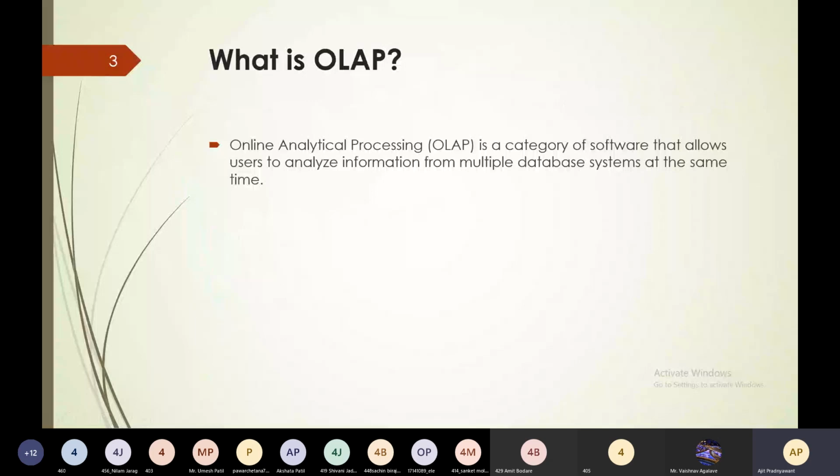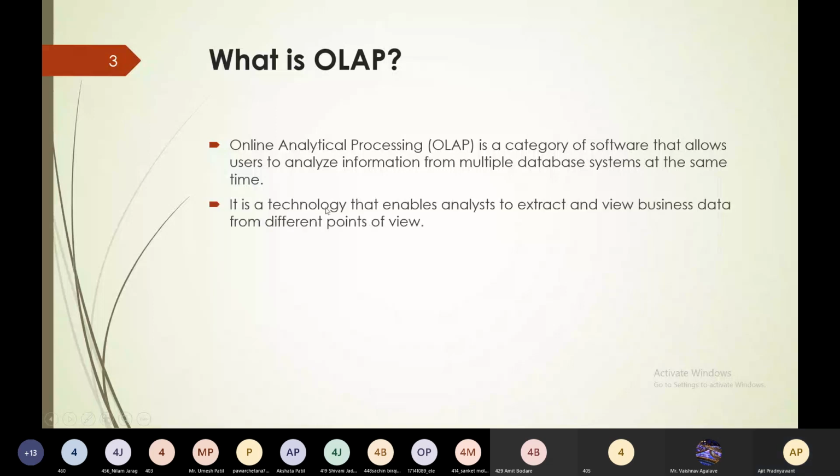So again repeating, OLAP, that is online analytical processing, is a category of software that allows users to analyze information from multiple database systems at the same time. It is a technology that enables analysts to extract and view business data from different points of view.